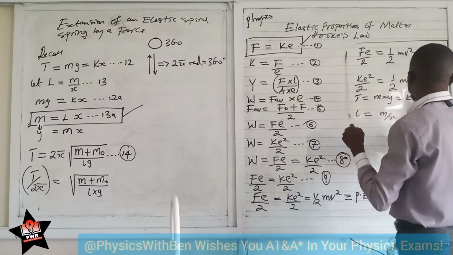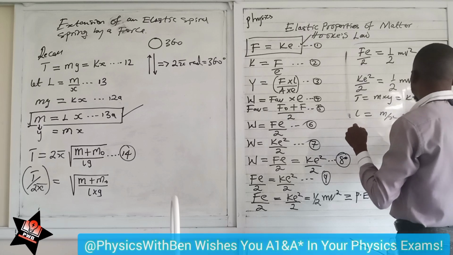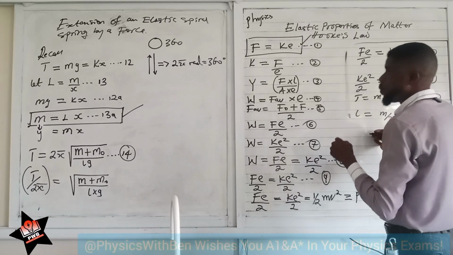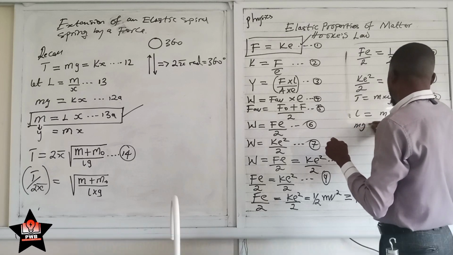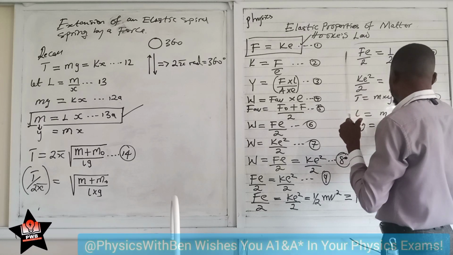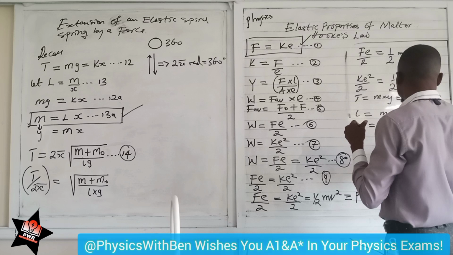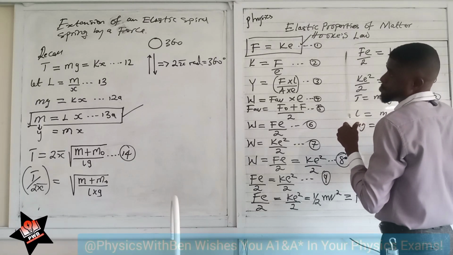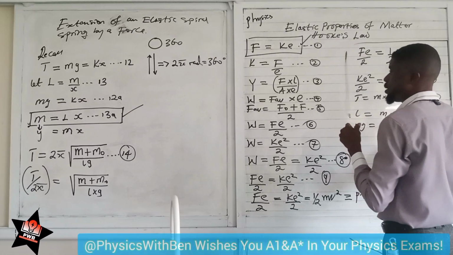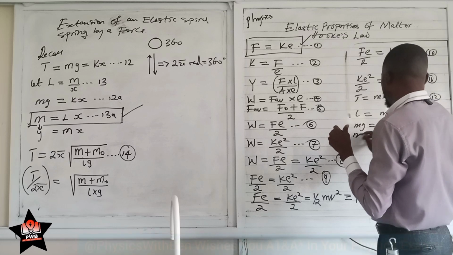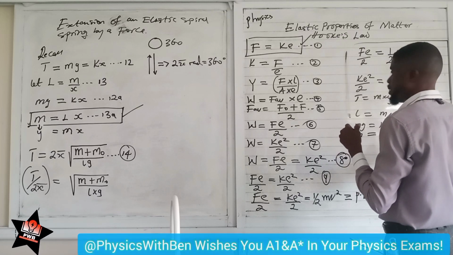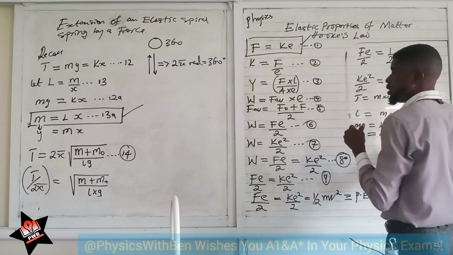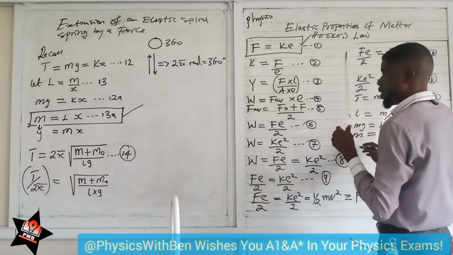This is equation 12, equation 13. We have mg is equal to kx, equation 12a, and we have m is equal to lx, equation 13a, and then we have